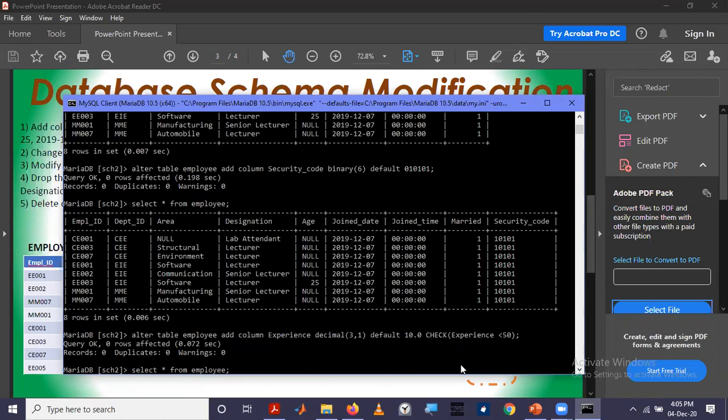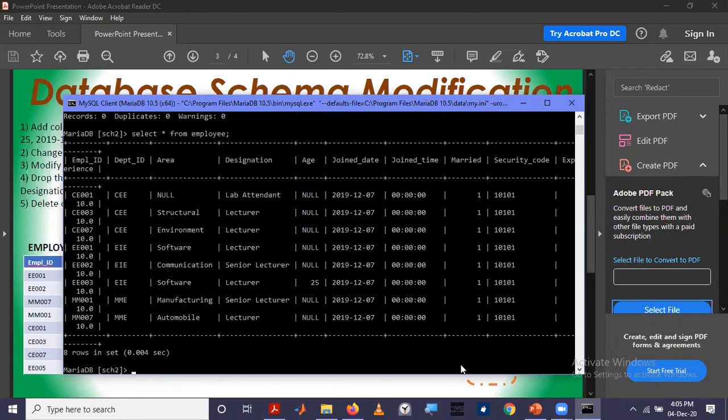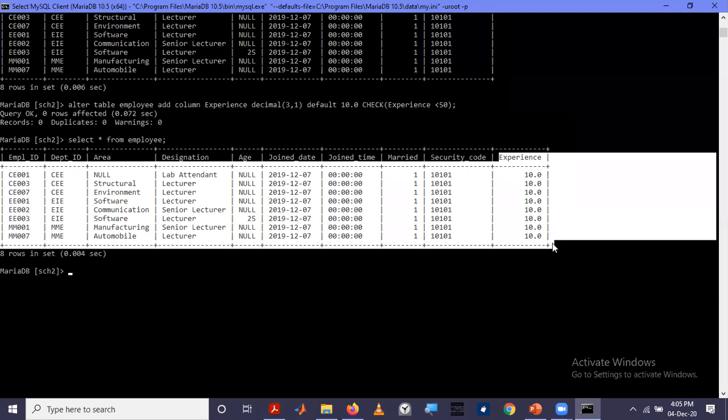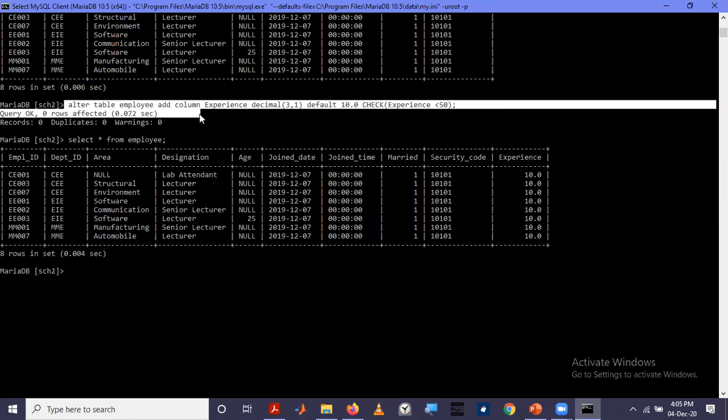Okay, now we can visualize the whole table like this one. So the final column also has been inserted. I hope that adding a column is understandable to you.